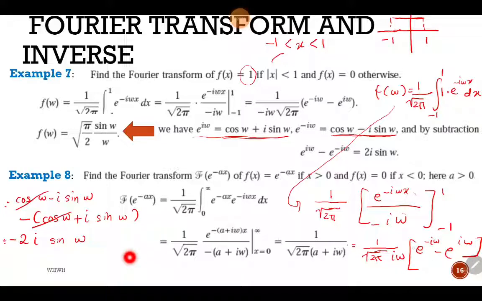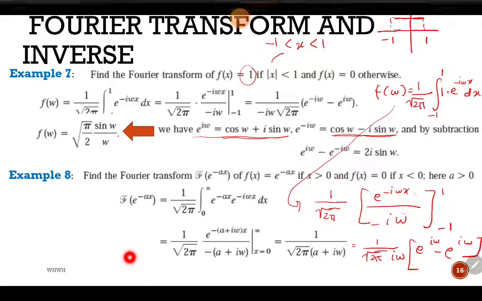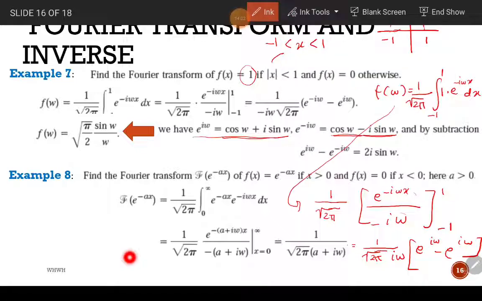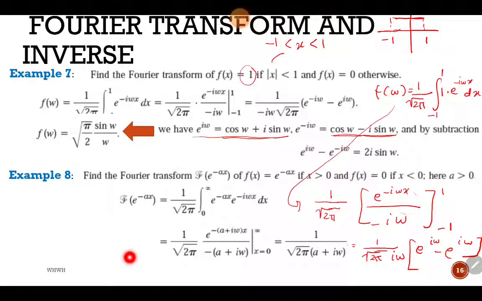Ni sepatutnya e kuasa i omega tolak e kuasa negatif i omega, akan menghasilkan